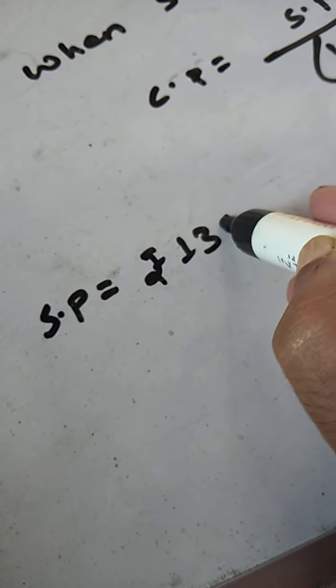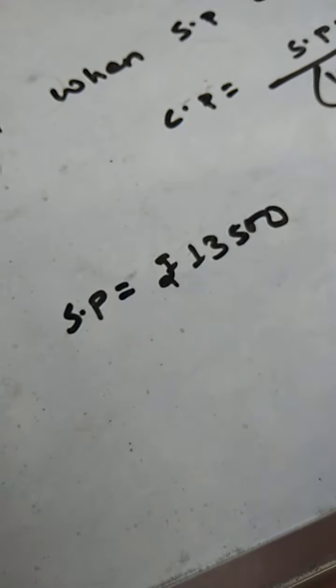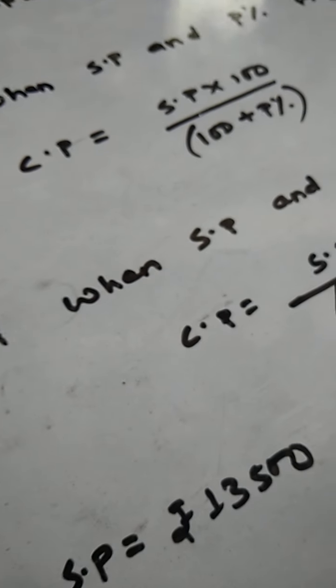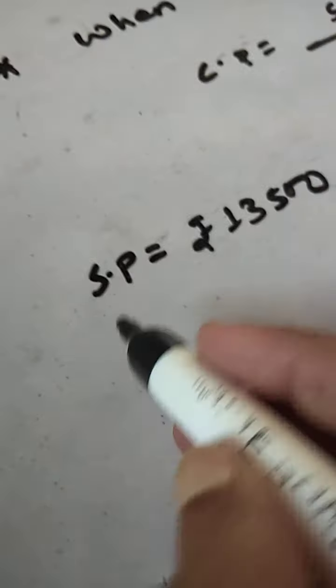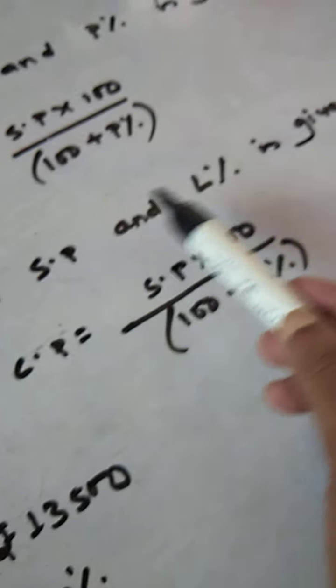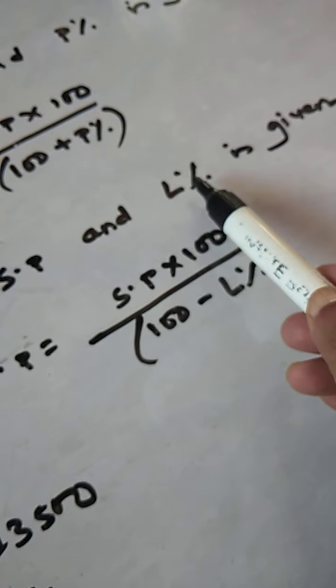So we'll write it down. Selling price is equal to rupees 13,500. So SP is given. When SP is given, obviously we do not have to find SP, so these two formulas are already cancelled. Now she loses 20%. That means loss percent is given, students. Loss percent is 20%. Now SP and loss percent is given. So what they're asking is, what was the price at which she bought it? Bought it means cost price, you have to find it out.